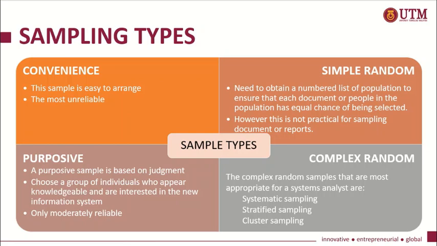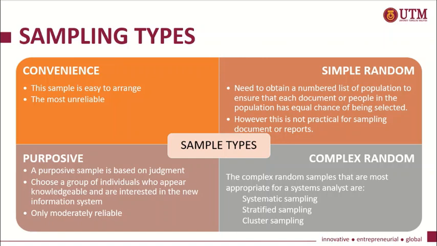First, convenience sampling is easy to arrange since sample elements are selected directly without any restrictions and not based on probability. Thus, it has become the most unreliable type compared to others. Second, simple random sampling selects a group of a sample from a larger group. Each individual is chosen entirely by chance, and each member of the population has an equal chance of being included